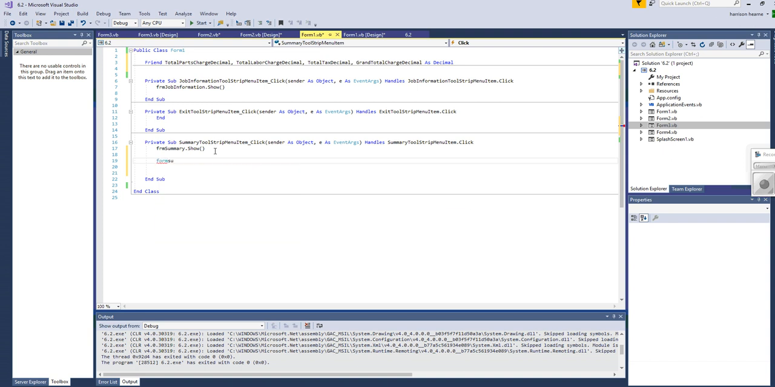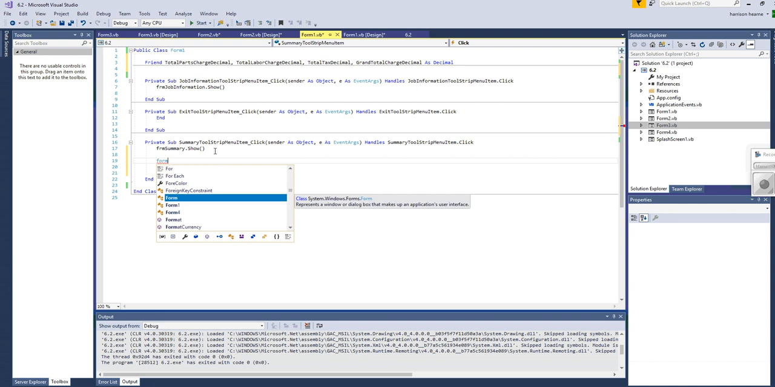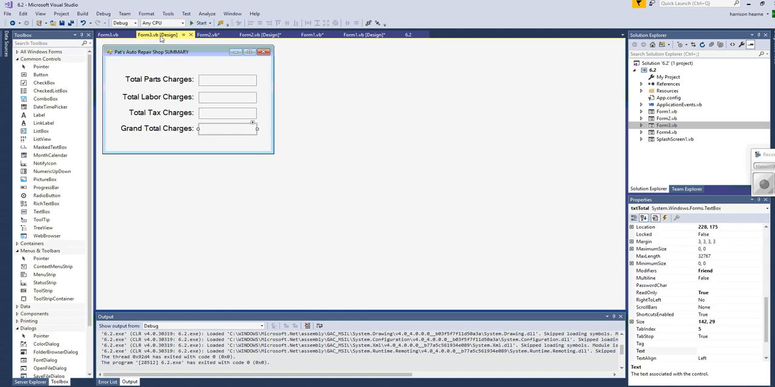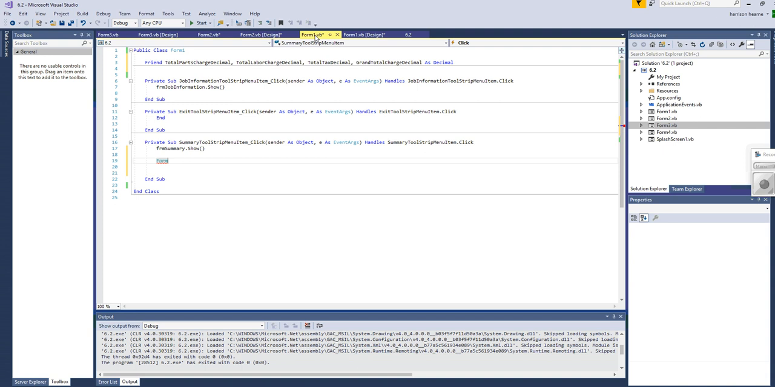form, what do we call it? Form 3. What's our form summary? Sorry, got to get back here just a minute. Form 3. This is FRM summary. Should have known that. So I'm going to go back to where I was. FRM summary